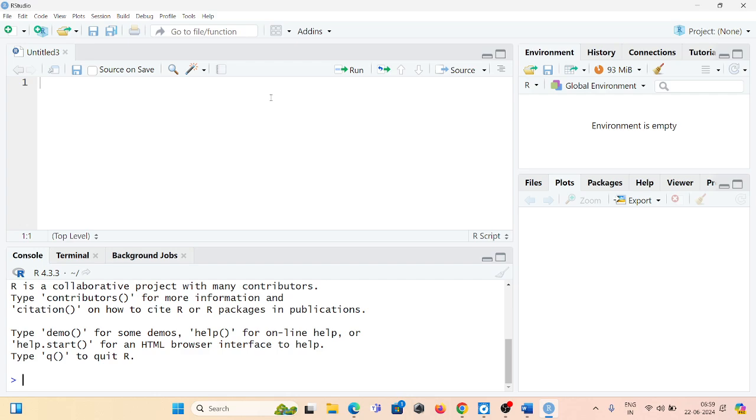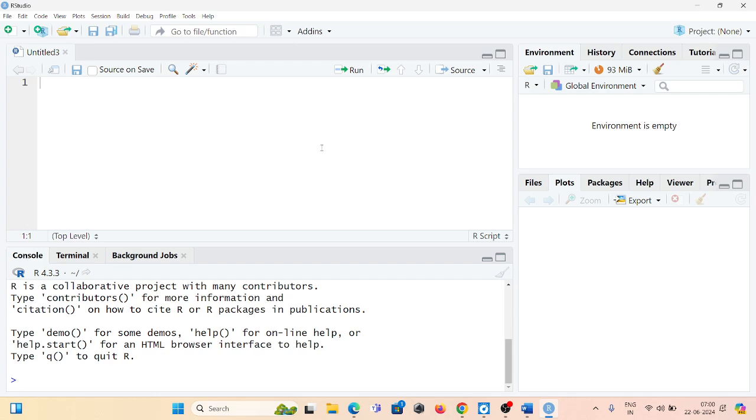We can get the sample data sets through the function called data. In the console part, you know that R Studio has 4 panels: this is the code editor, this is the console panel, this is the environment section, and this is the plotting panel.